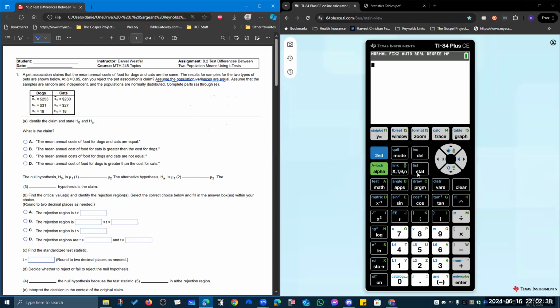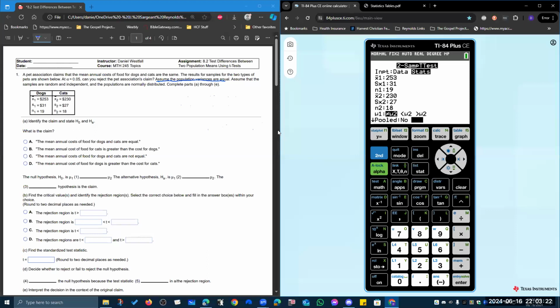So I've already put the data in here for our two-sample t-test. And because the population variances are equal, we're going to say yes for this question about pooled or not. So we have 253 for x bar 1, 31 for s1, 19 for n1, 230 for x bar 2, 27 for s2, and 18 for n2. And our test is going to be that they are different